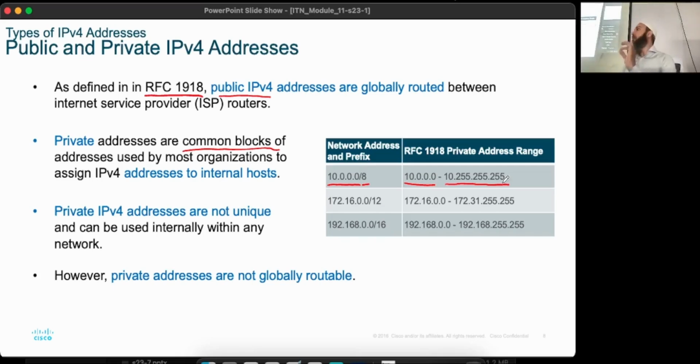Exactly. So these three are declared as private addresses. If you want a private address, just use one of these three and you get a private address by default. You don't have to do anything else. So your system is already by default protected. That is why we use 192.168/16, which means 192.168.10.24 is a private address, right? Because it falls in this range. It's 16, so the first 16 bits have to be 192.168. Everything else can be whatever, right?